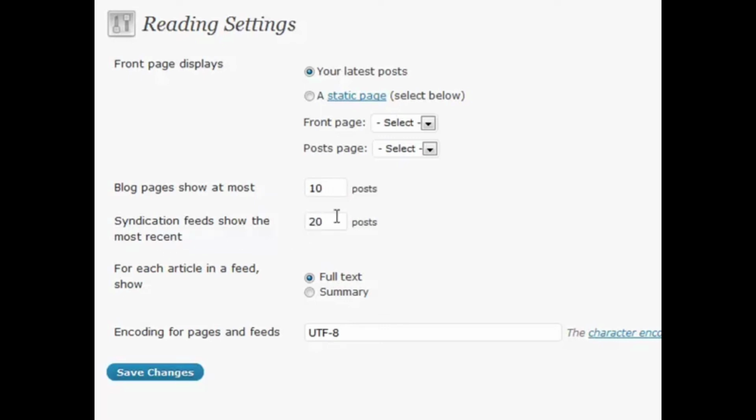A lot of times, I will actually put a higher number in here because I want anybody, whoever's reading my feed, I want them to be able to see more posts and have access to more content. So I will actually put that at a higher number. But if you're using a feed for something of your choosing, sometimes you maybe want to put that at a lower number. And also, there's a feed section here that says for each article in a feed, show full